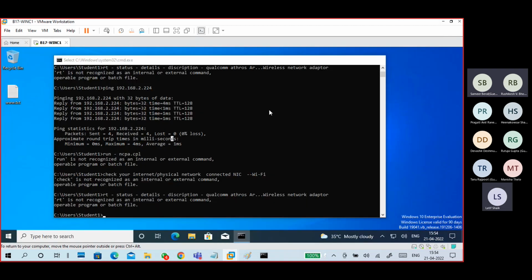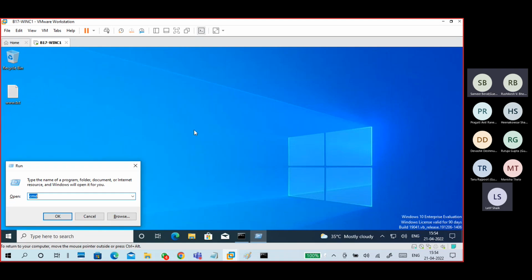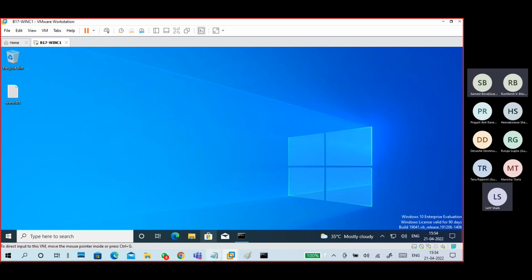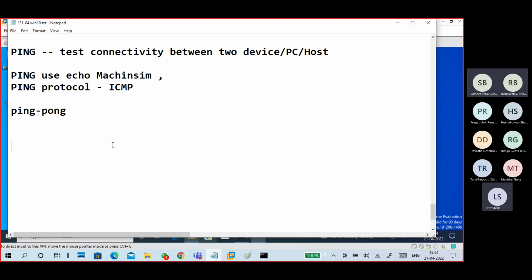That will also solve the problem. First of all, I will go to firewall.cpl. The easiest one is disabling.